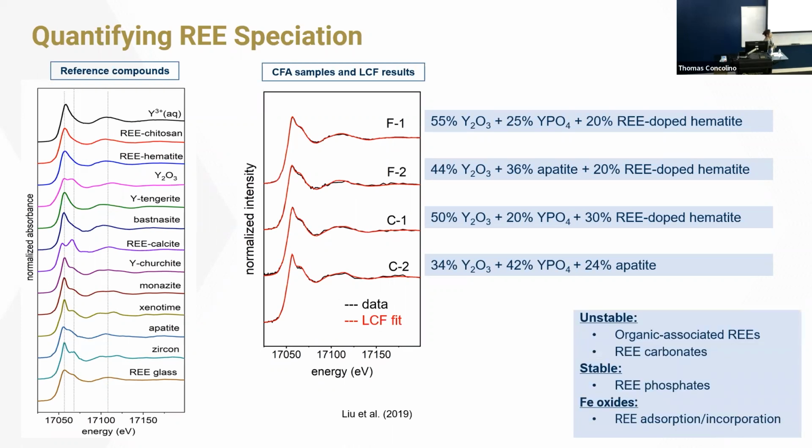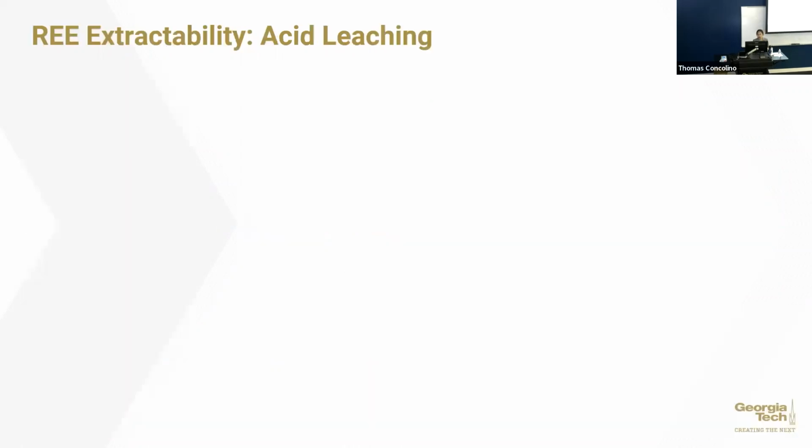So again, the take-home message now in a real complex matrix: the organic-associated REEs are not stable. REE carbonates are not stable. Phosphates are stable, and we can also have iron oxides that can enrich REE through adsorption or incorporation processes. So now we understand how REE transforms during the cooling and burning process. We also understand the heterogeneity or the complexity of REE in coal fly ash, both from the chemical forms and